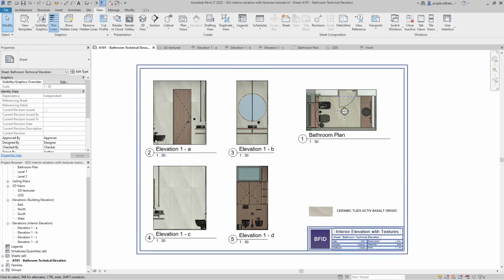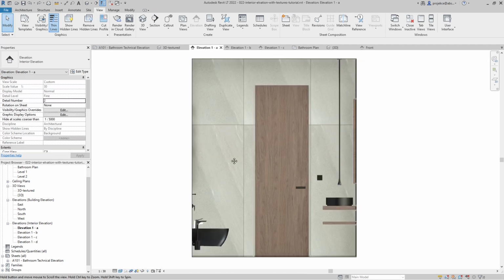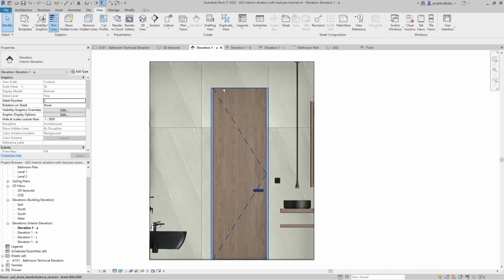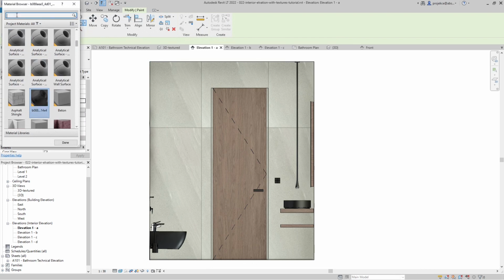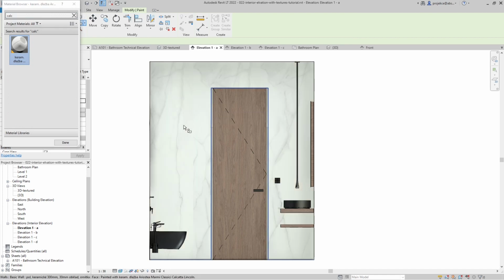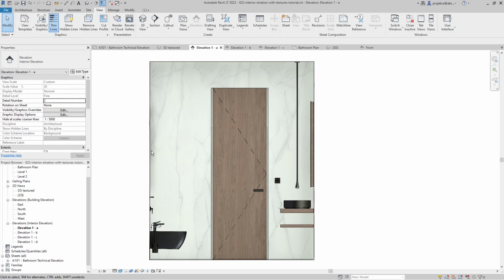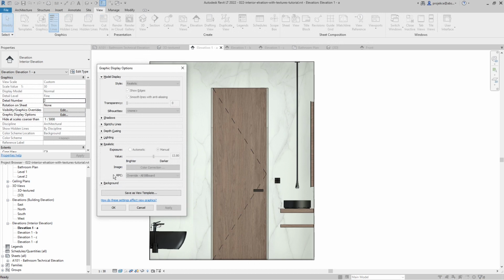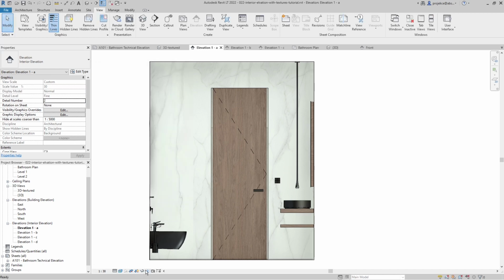What is also sometimes problematic in these colored elevation views is when you have something that is really bright, like a white wall, or I will paint this wall with these quite bright white tiles, and you can see that when you have too much difference between the brightness of the door and the wall, it's sometimes hard to get the exposure value properly so that it shows both of them as you want to, because here I would like to have this a bit brighter,